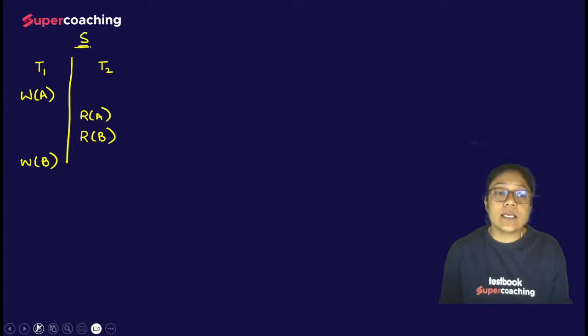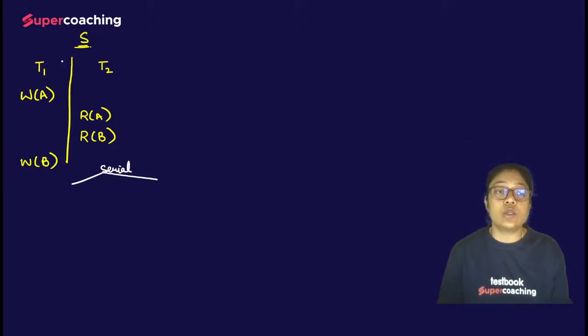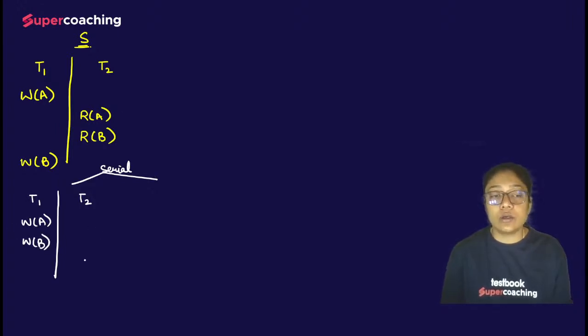Now the question is: is this a serializable schedule? Serializable क्या होगा? जब आपके पास दो transactions हैं तो दो possibilities बनती हैं. What are those possibilities? According to serial schedule, अगर हम serial schedule की बात करते हैं, with two transactions, two serial schedules are possible. That means first of all, execute the operations of the transaction T1, two operations are there, and then execute the operations of the transaction T2,